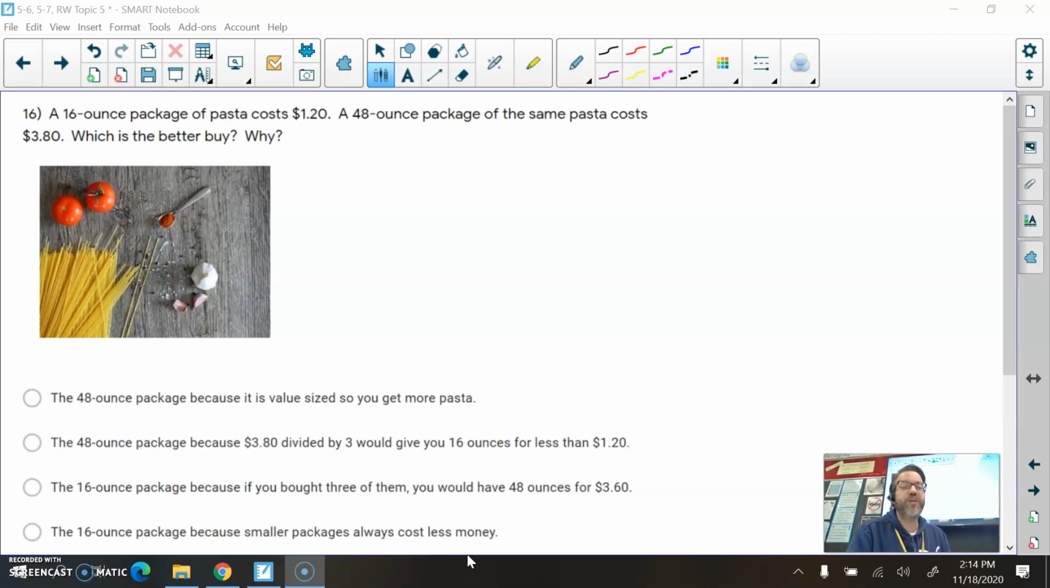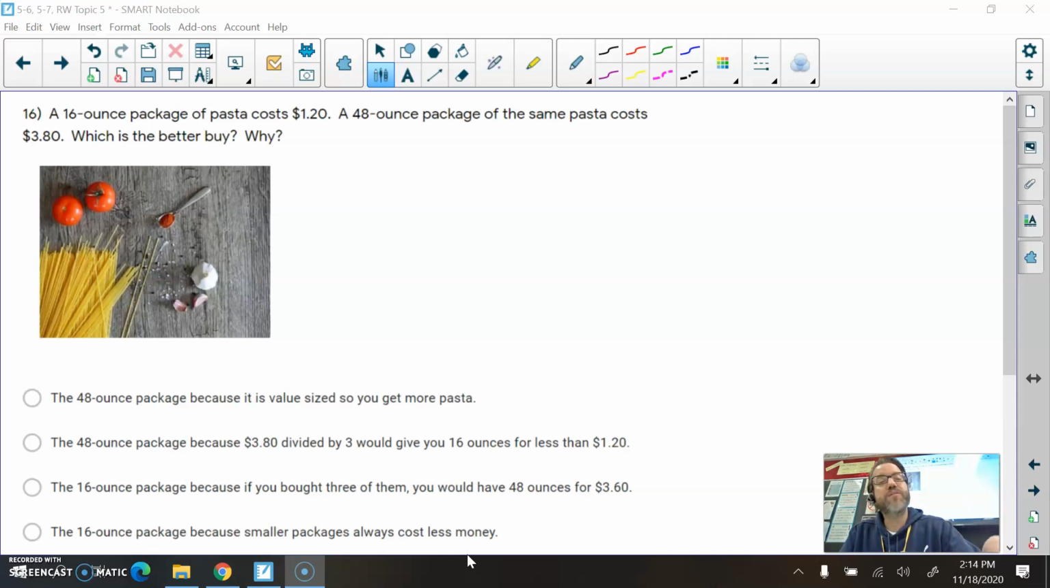In number 16, we have a 16 ounce package of pasta, which costs $1.20. And then we have a 48 ounce package of the same pasta, same brand, same everything, that costs $3.80. Which is the better buy? Why? All right, so what I would do is start out by writing some ratios that show